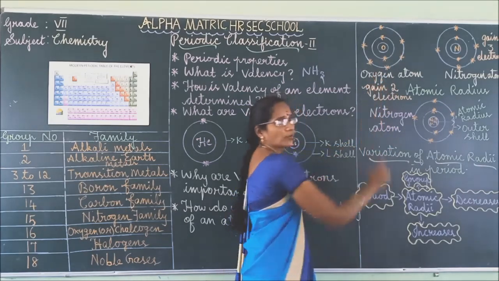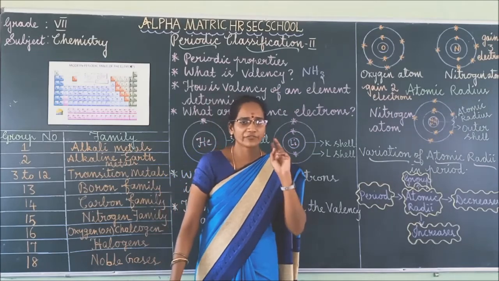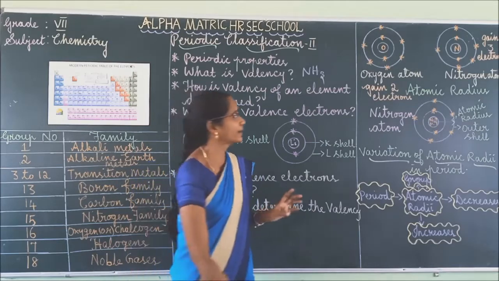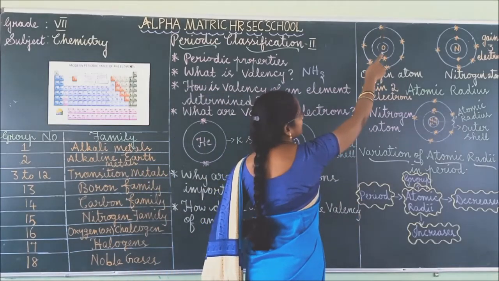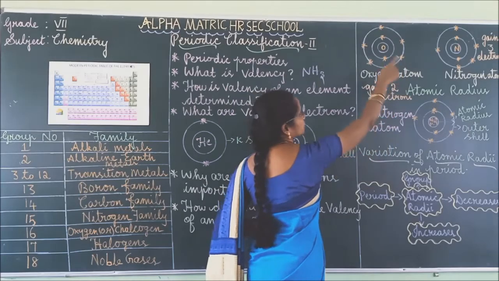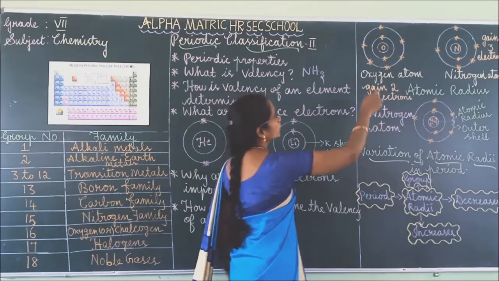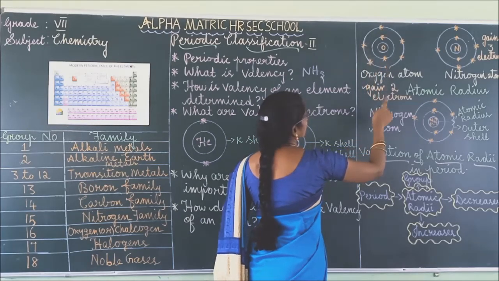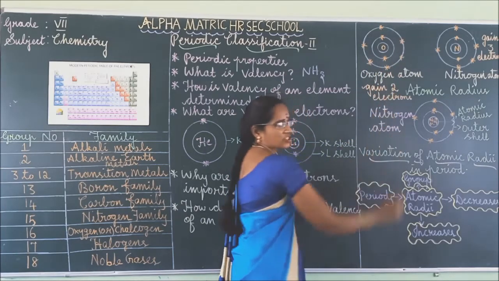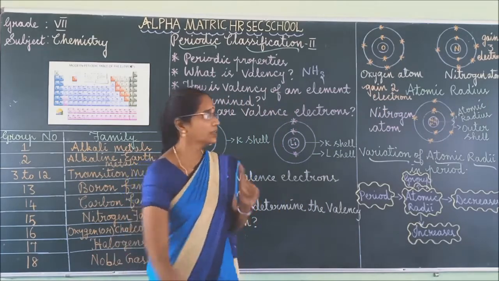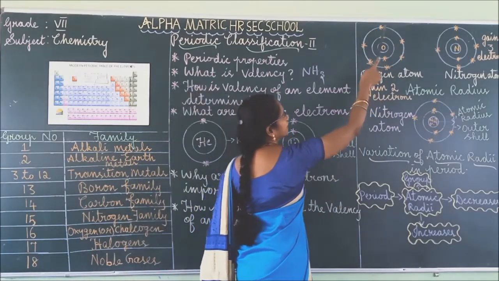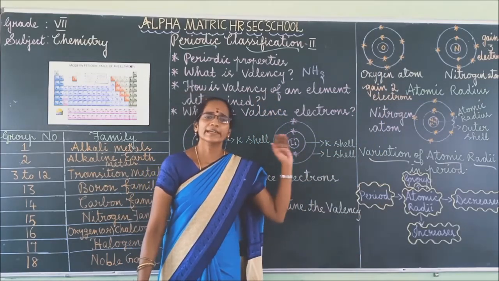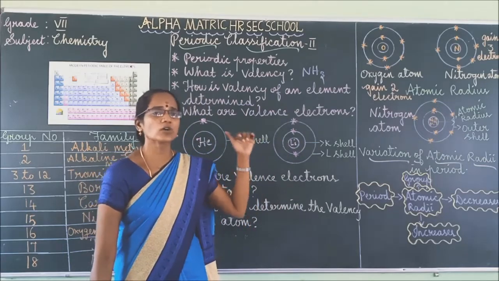In the first shell, how many electrons are present? 2 electrons. In the first shell, we can accommodate only 2 electrons. This one you have to keep in your mind, right? And the second shell is also the outermost shell of this oxygen atom. So in the outermost shell, how many electrons are present? 1, 2, 3, 4, 5, 6 electrons are present. In the first shell, 2 electrons are present. In the second shell, 6 electrons are present. Okay. So, it is very easy for this oxygen atom to